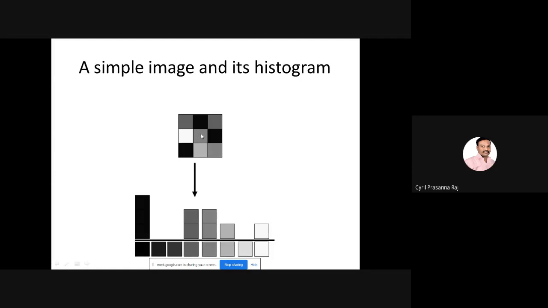Then for this level, again 2 of them. Then the number of pixels with light gray shade is only 1. So a plot of the number of pixels on the y-axis and the intensity levels on the x-axis, we call a histogram plot. Now, why is this important? Let us understand that.